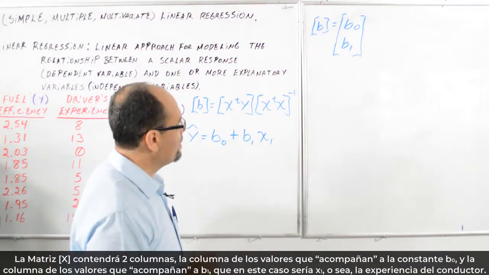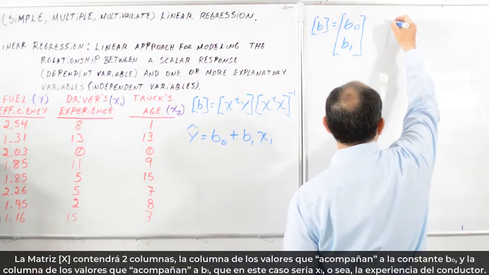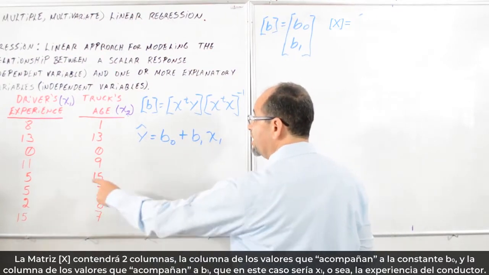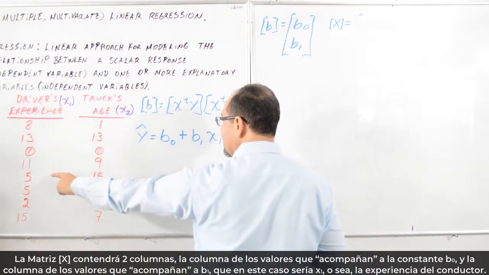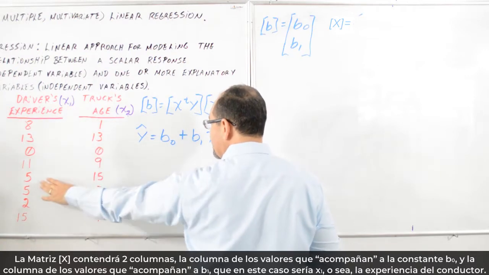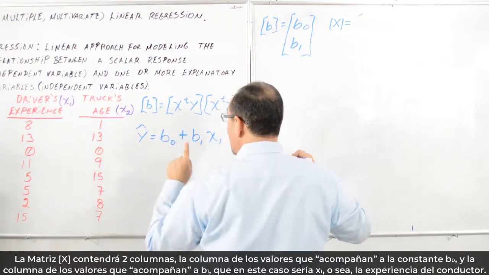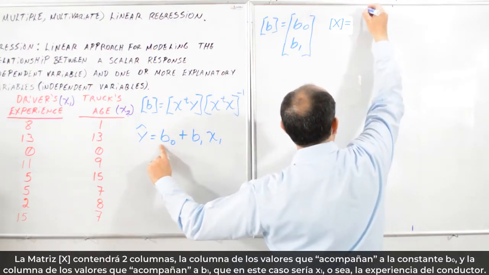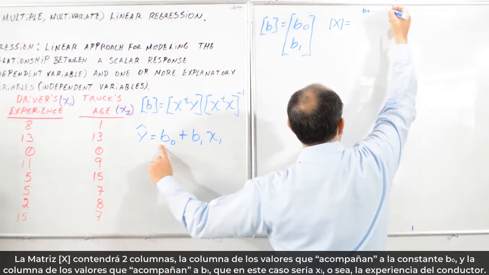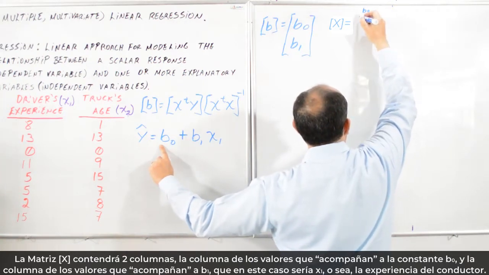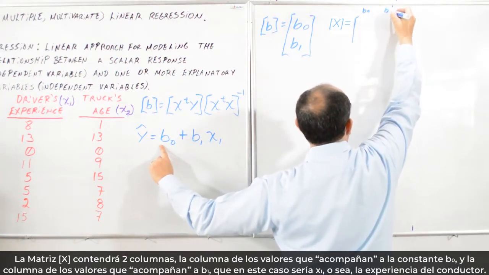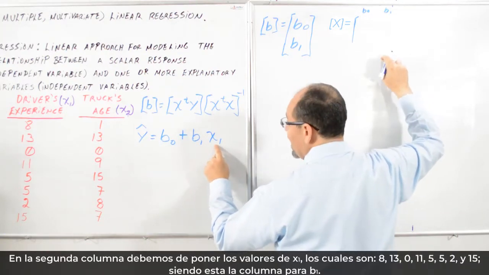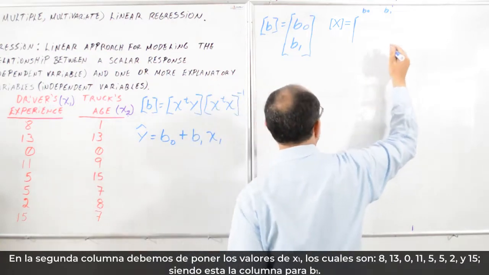Matrix X will be X is equal to... this is driver's experience, which will be X1, and also we are obtaining B0. So I want to obtain the term that is going with B0 and the term that is going with B1. With B1 we are having X1, and X1 are all these values: 8,